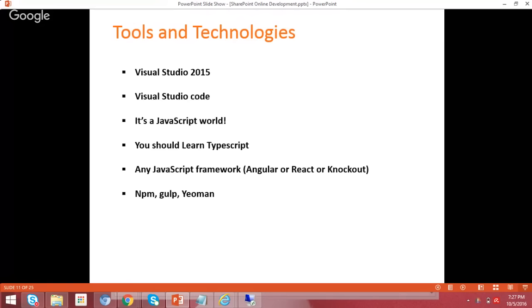There are certainly scenarios where you still need to use add-in development. And with respect to the technologies, I don't have to stress enough here. It's always going to be client side. So you need to know JavaScript. Or I should say you should know JavaScript when you want to develop any solutions in SharePoint Online. And also with SharePoint framework, you need to know TypeScript as well,